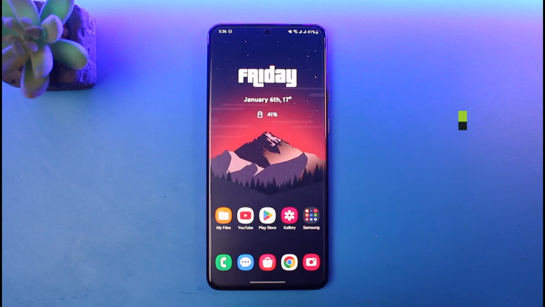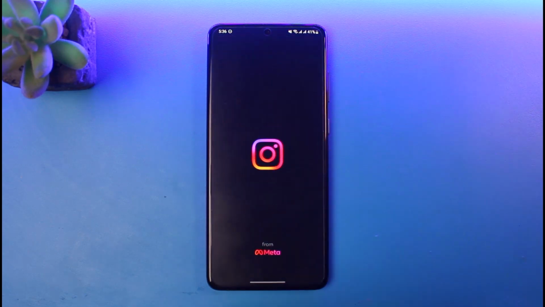In today's video, I'll simply show you how you can make auto-generated captions for your Instagram Reels so that you don't have to enter the captions yourself, and I'm also going to explain how it actually works. So what you want to do is, first of all, let's say that you open up Instagram